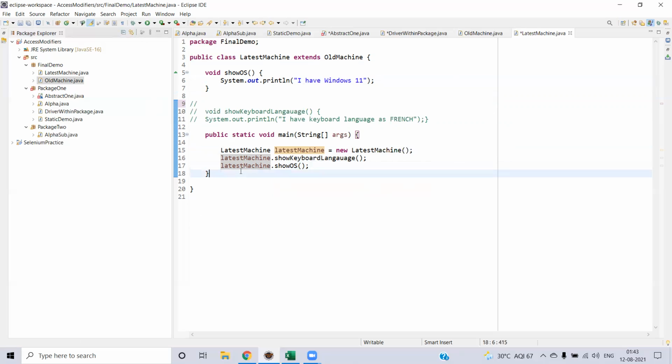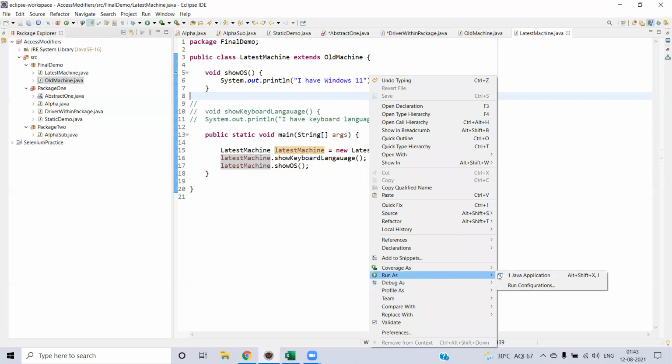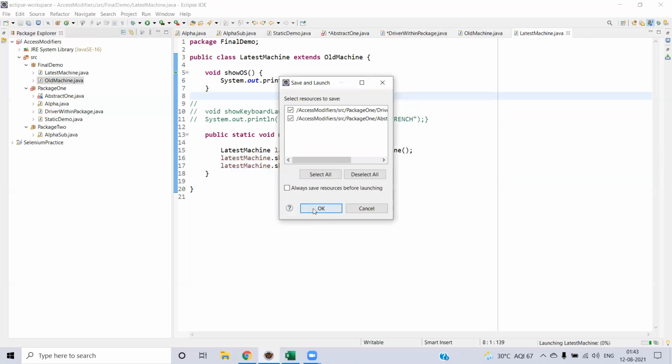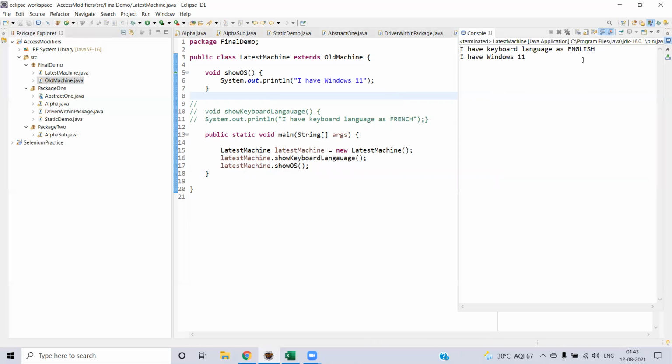Whereas if you execute show OS, as we discussed earlier, it will check first in the child class, and if it is not available, then it will look into the parent class. Since we have the implementation for show OS in the child class, it will take the recent one, which is Windows 11. Let's save it and execute. Here you can see English, and it has Windows 11 from the child class.